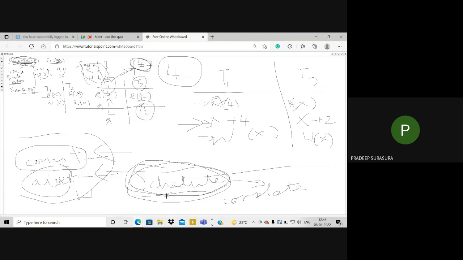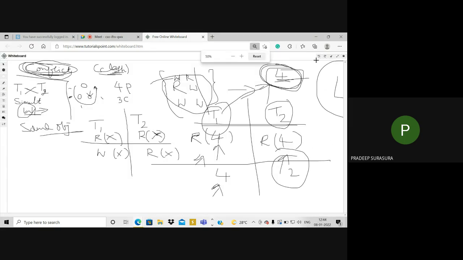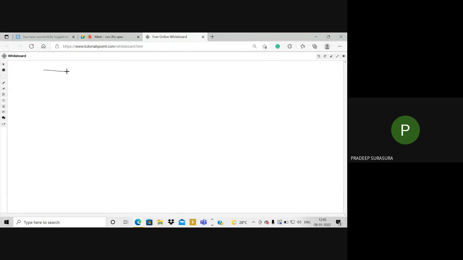Before I go into when we get the problems, please understand what the actual things are. When you observe any transaction, the transaction must have either a commit statement or an abort statement, and I should follow the schedule. The schedule will be a series of actions or operations. Now let me show you how things actually work.